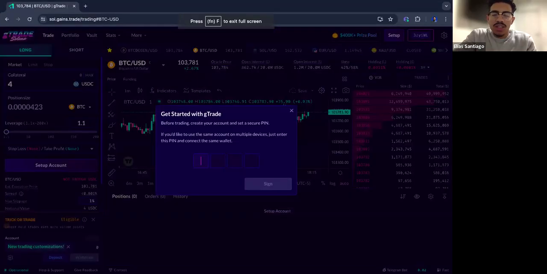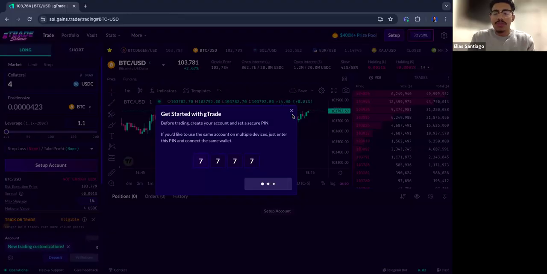So remember, you want to save that seed phrase that you created with Exodus so that you can sign into your phone, right? You can sign into any device, regardless. If you lose your laptop, if you lose your phone, you're still good because you have your seed phrase. Those are definitely things to keep in mind as you're trading. It is taking a little bit more time for me to sign in, but you guys get the point, right? We're able to do what we do on our phone